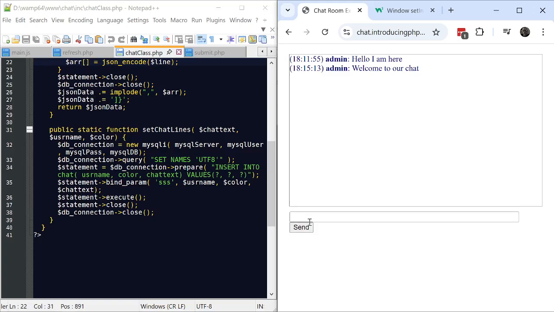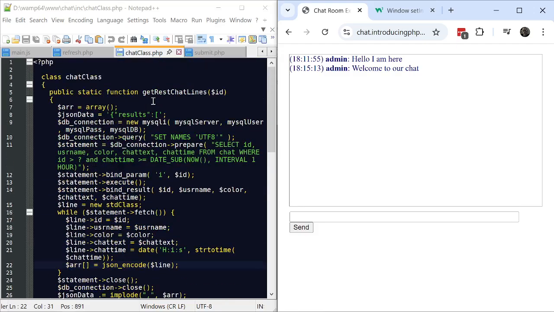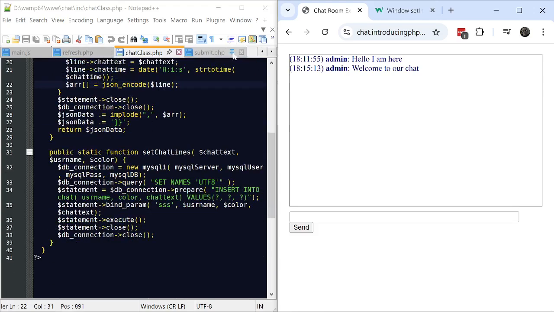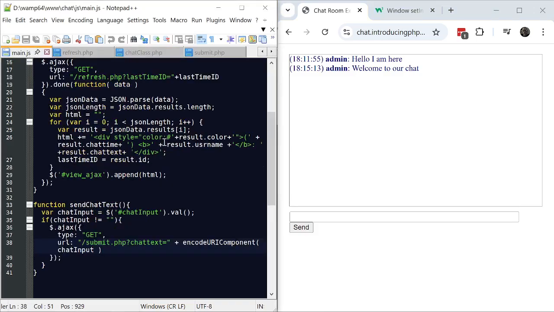So when I hit the send button, it tells the server to run this code inside this function, this class, and displays it on the screen right above me by using our main.js,